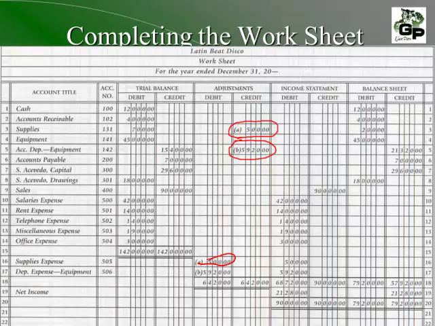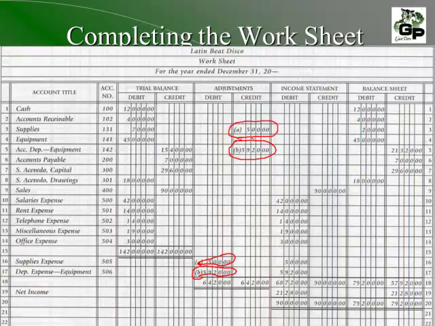We had the similar $500 supplies expense, which was a debit, and we had the $5,920 debit for the depreciation expense on the equipment. Now these accounts, supplies, accumulated depreciation on equipment, supplies expense, and depreciation expense on equipment, need